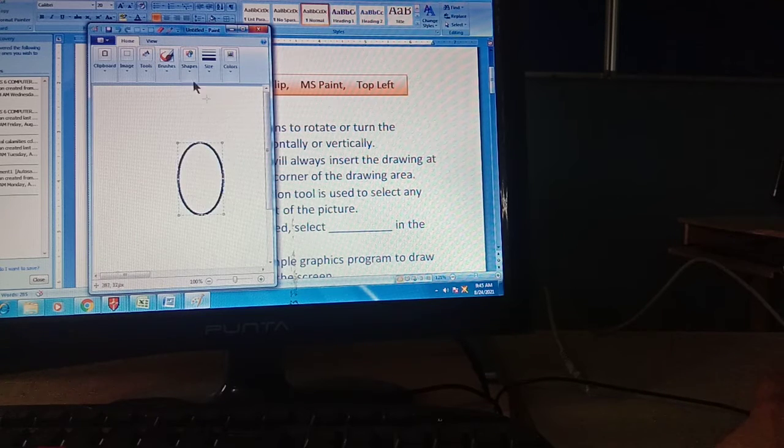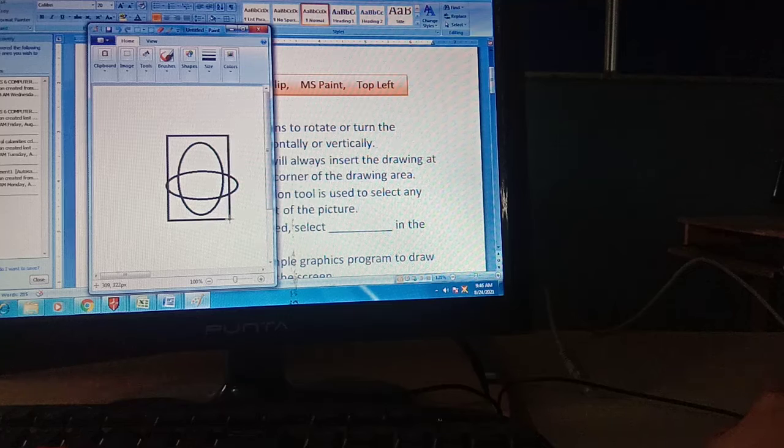I am drawing this, and this, and drawing the shape behind this, like this, and a triangle over it.